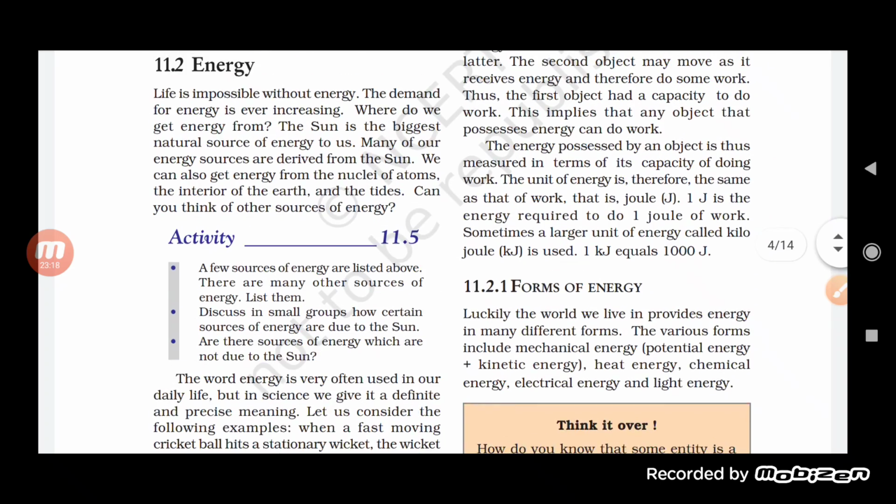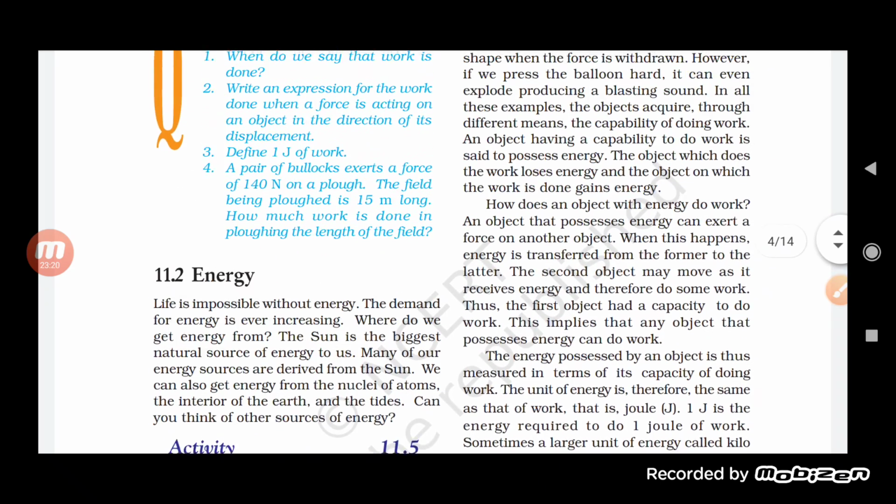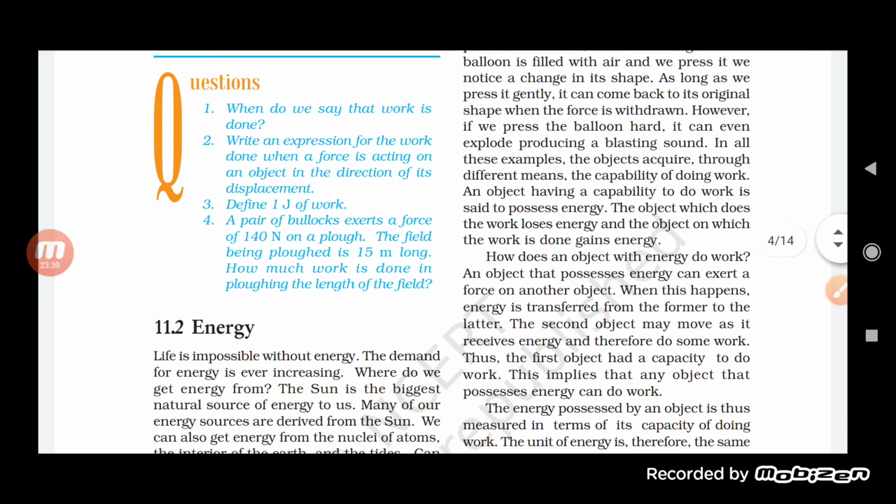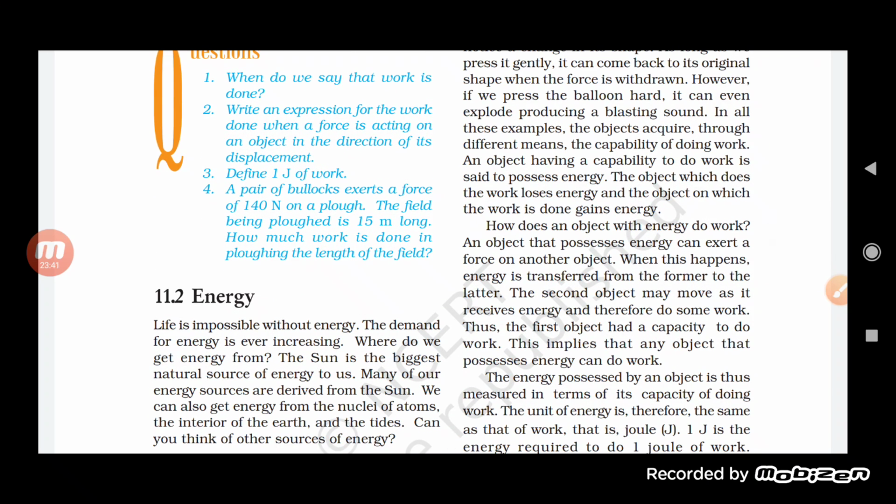Let us try to understand what energy is. Let me tell you one thing: energy is basically the capacity of doing work. Any object does work by attaining energy. If there is no energy, the person will not be able to do any kind of work. So we can say that energy is important for doing work. When we do work, we lose energy, and to do any work, we need energy, so we gain energy.